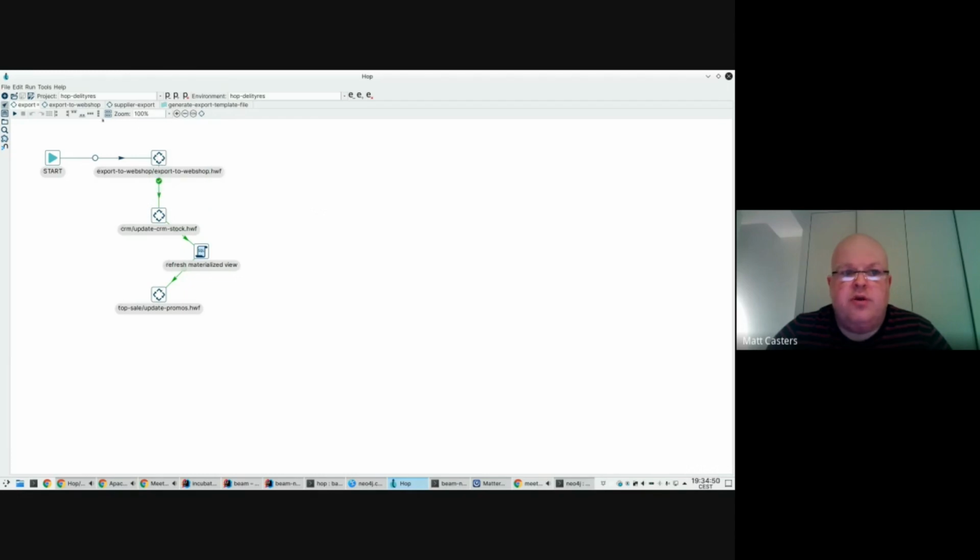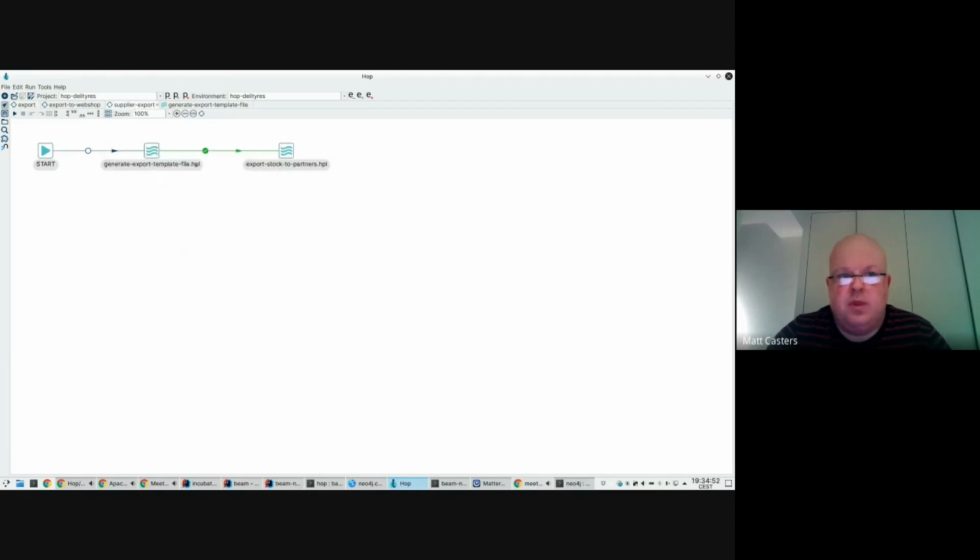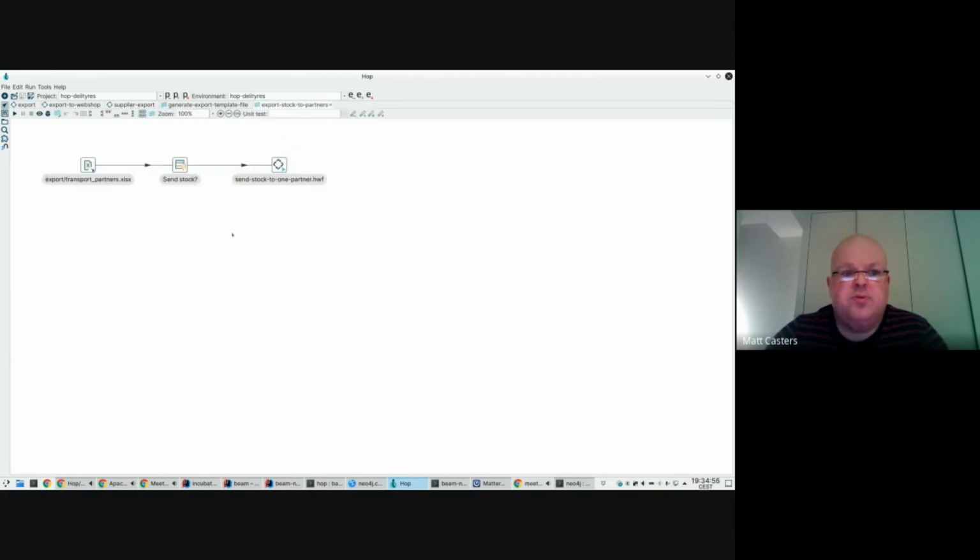In those scenarios you typically have a bunch of export partners, transport partners, and then you had copy rows to result in the next